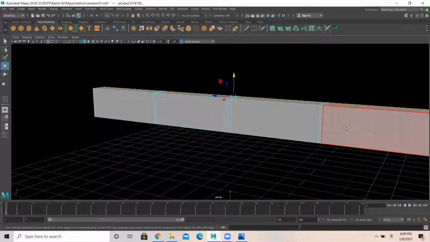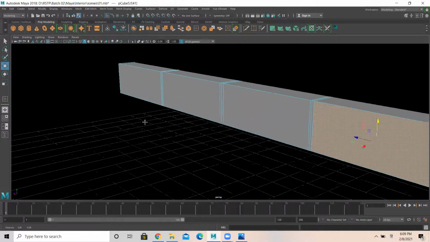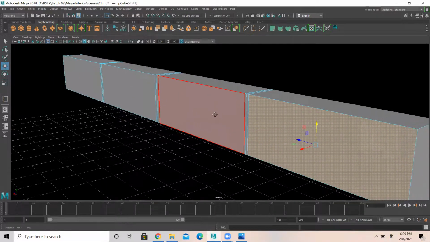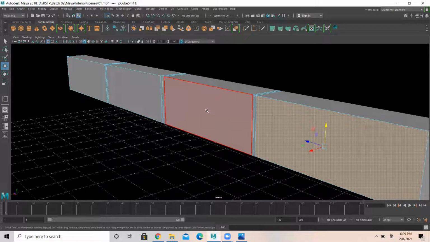Okay. I select this face and this four face I'm selecting.